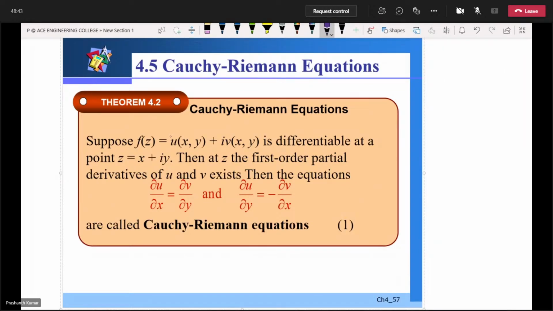So therefore this Cauchy and Riemann both together worked on this complex variables, and they gave one good